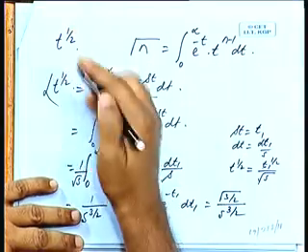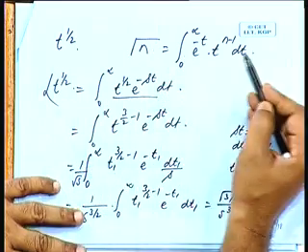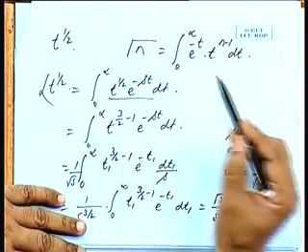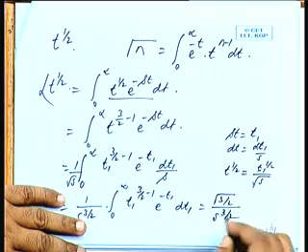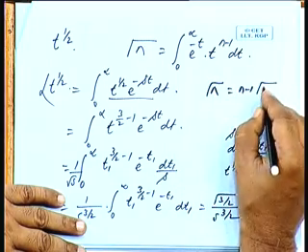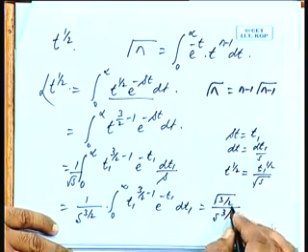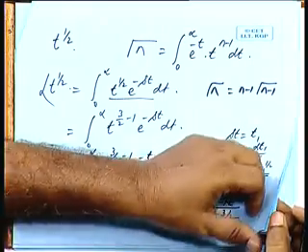Before we start our next topic, I would like to correct a small tutorial problem that we did last time. If you remember, there was a function t to the power half for which we are computing the Laplace transform. So, gamma n is this. Now, gamma n is basically n minus 1 gamma n minus 1. So, here it should be gamma 3 by 2, which is